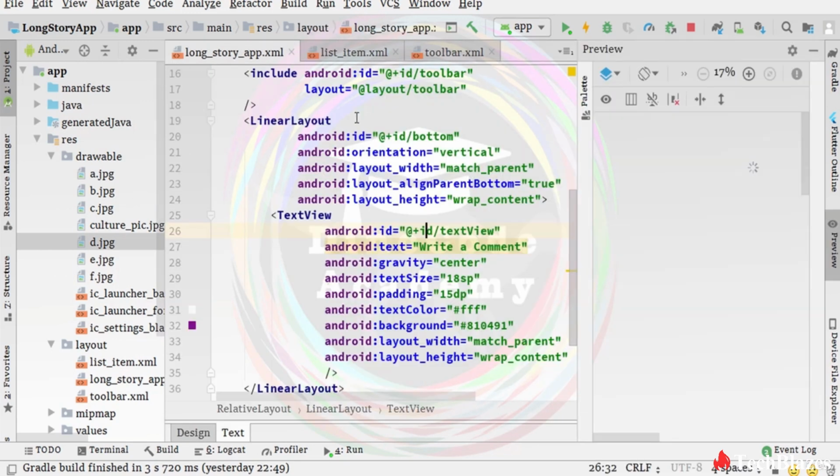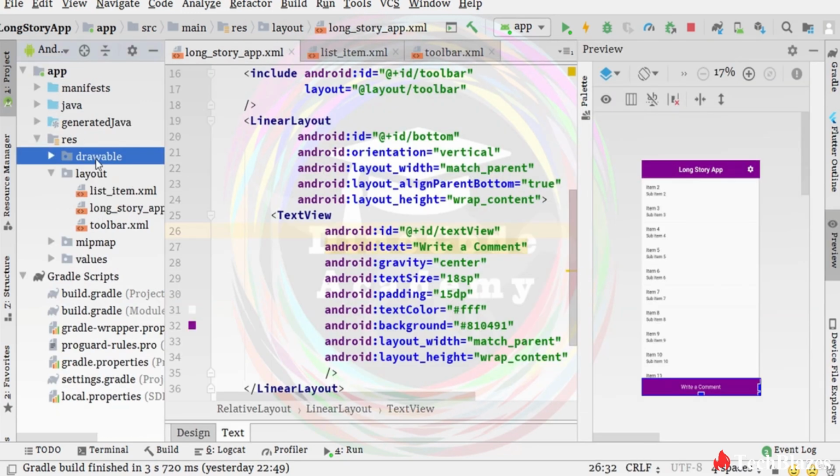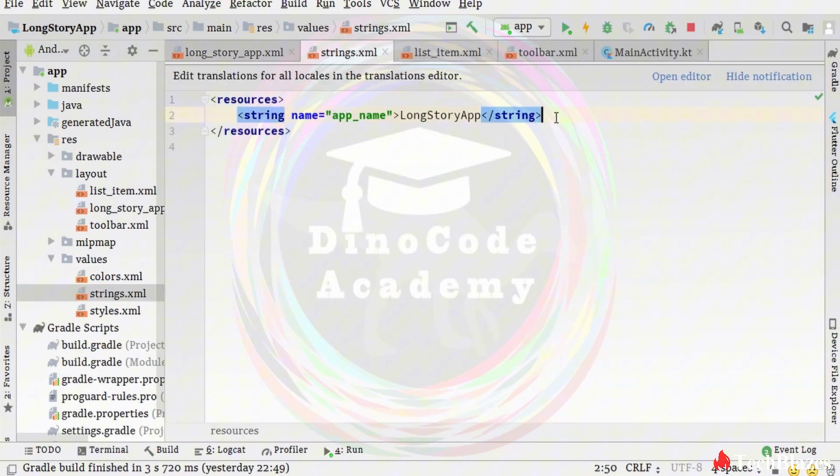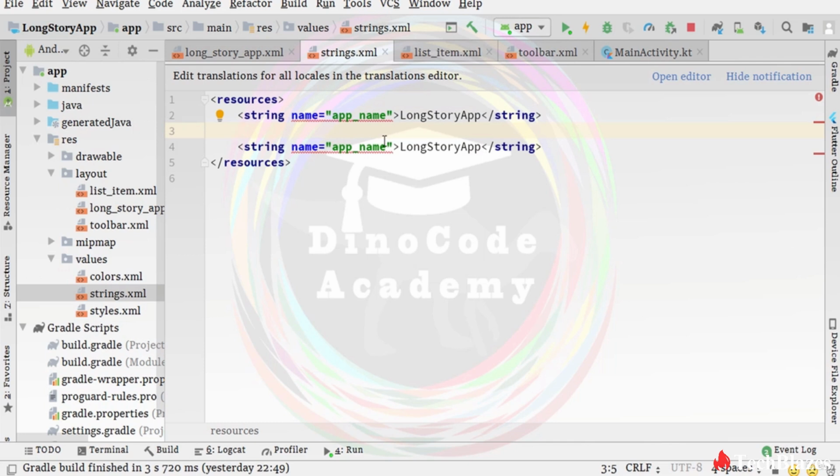Let's close the images. Also, open the strings.xml file and create one string tag by pressing Ctrl D at the end of the string line. You can see that it gives us an error because the names of both are the same. Let's change the name here,